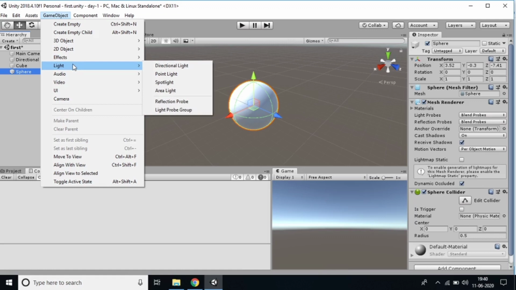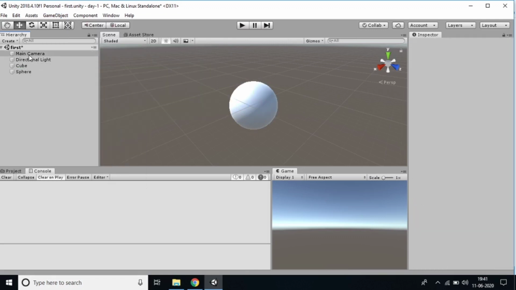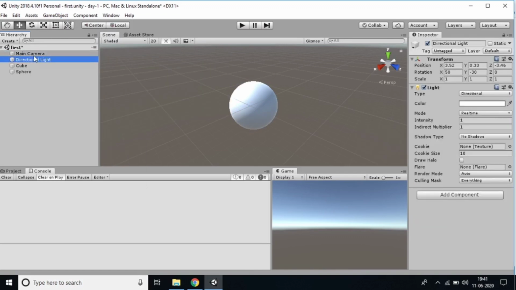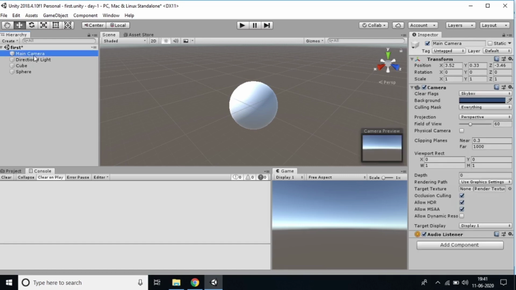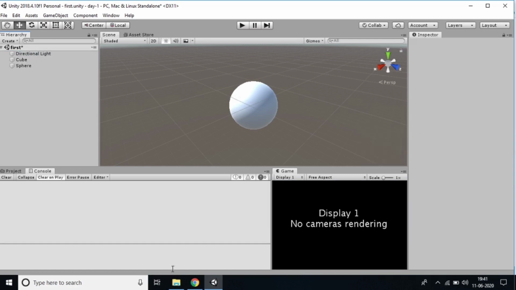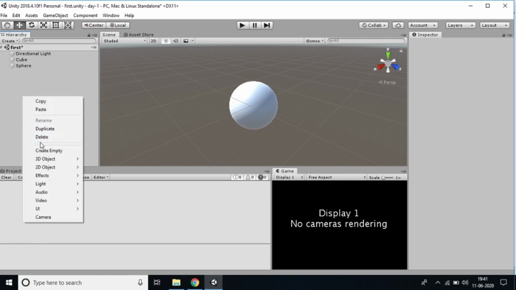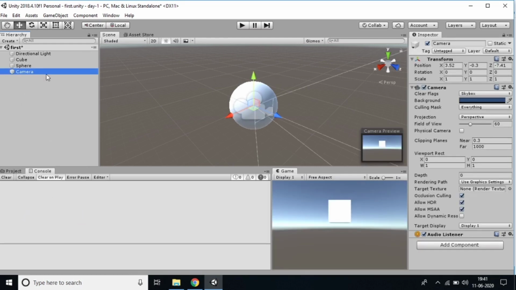Light. We can see here the main things are the camera and the directional light, right? Why? Because the camera is a mirror. If I delete the camera, you can see nothing is displayed, because while playing the game, the camera will also move with the player. That is the mirror of the thing. So the camera is very important. So why did I delete the camera? Just how do I create the camera? Just right click and click Camera. Yes, the camera was created. So you can see the output, how the camera was working.